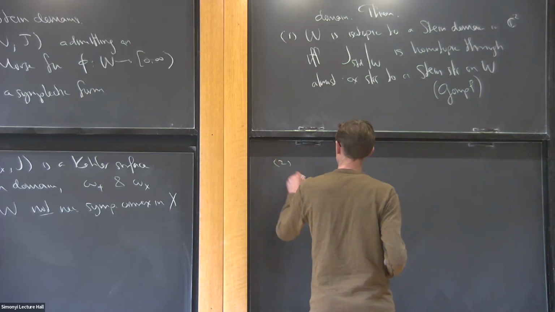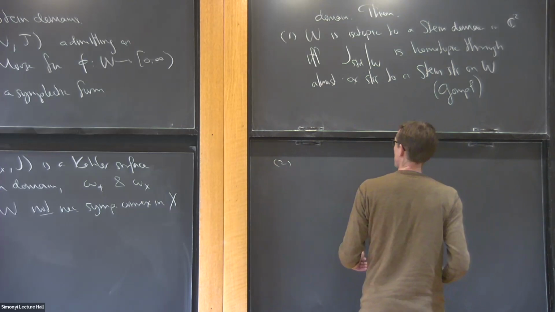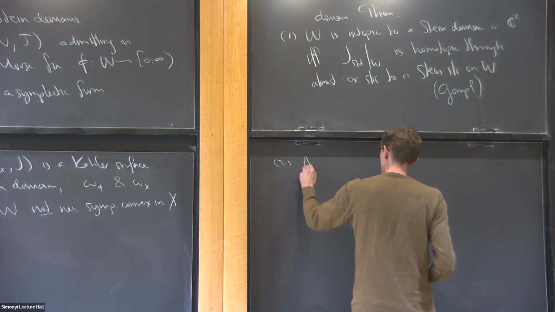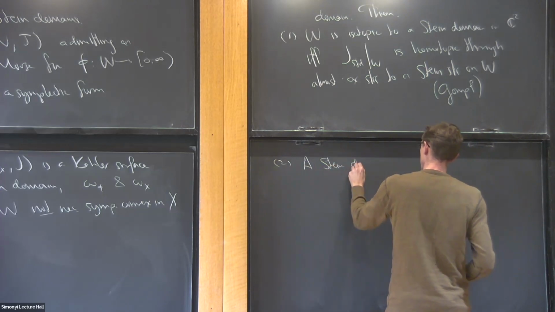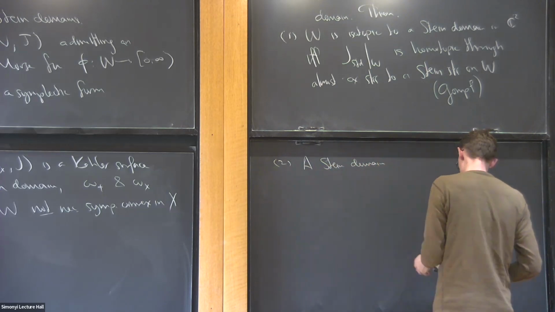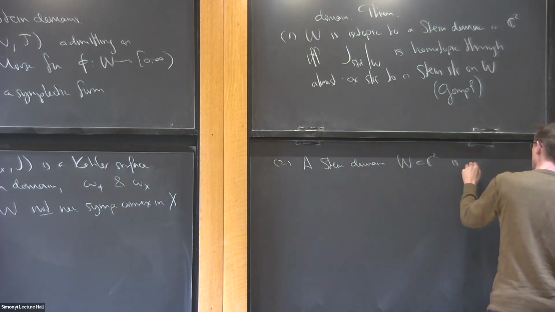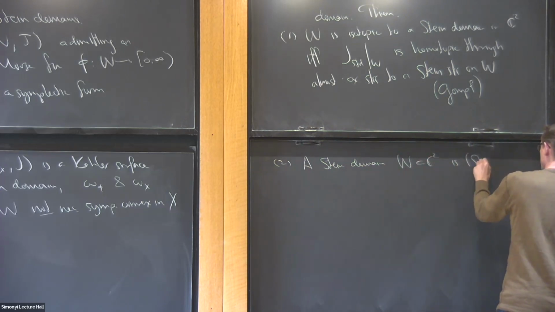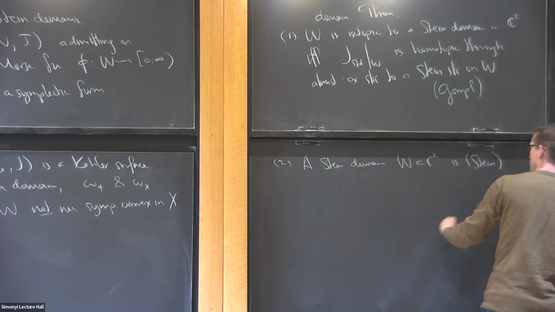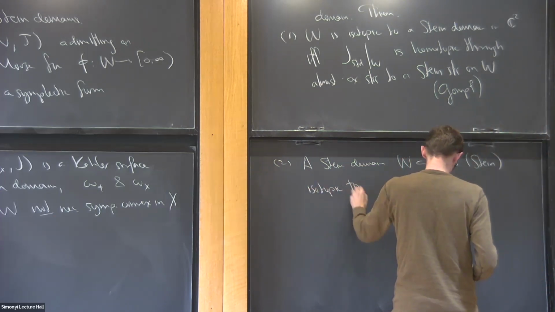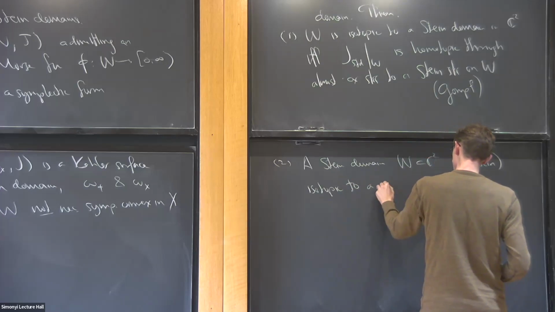So supposing you can do this, if you have such a Stein domain W, that's going to be Stein isotopic to a symplectically convex domain